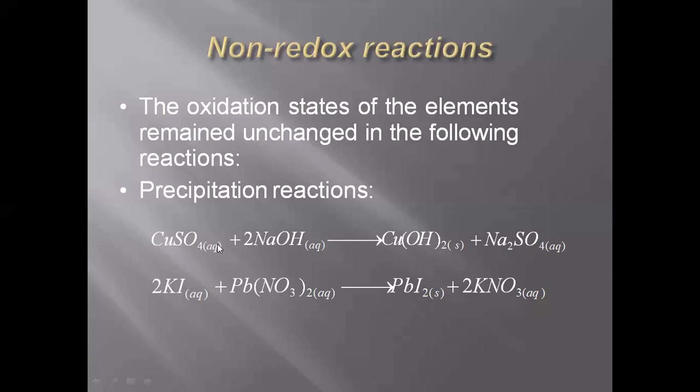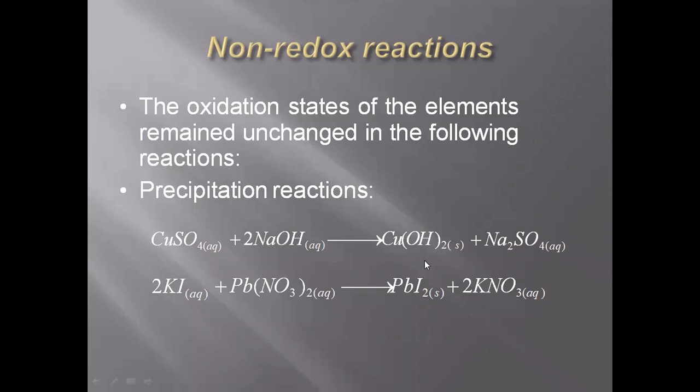Okay, these are all examples of non-redox reactions. So CuSO4 plus 2 NaOH gives Cu(OH)2 plus Na2SO4. If you compare the oxidation state of copper, it will be the same on both sides. Same with 2KI plus Pb(NO3)2 gives PbI2 and 2KNO3. The basic need is to balance the reaction, and I think you all can balance the reactions. You have studied this in 10th class and also in 11th. When we go down the chapter, we'll learn all the things, don't worry. In the first chapter you have studied.